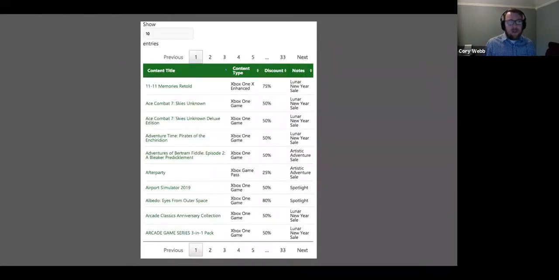Major Nelson has a weekly Deals with Gold post that displays a table like this one with sometimes hundreds of deals on games for the Xbox. Now this table uses a jQuery plugin called datatables.js to make the table sortable and add pagination. This is a great feature for the reader to be able to scroll through all of the deals, but the process involved copying data from one spreadsheet into another spreadsheet that helped generate the table HTML,